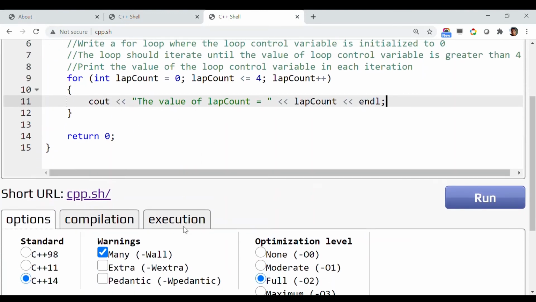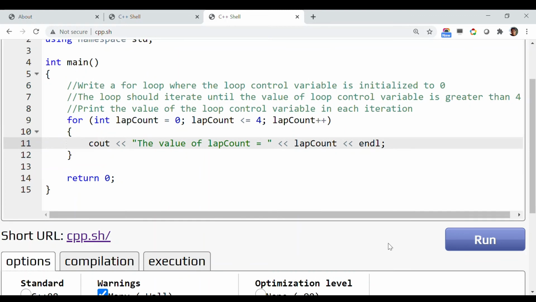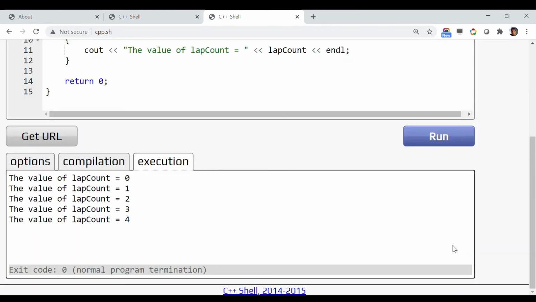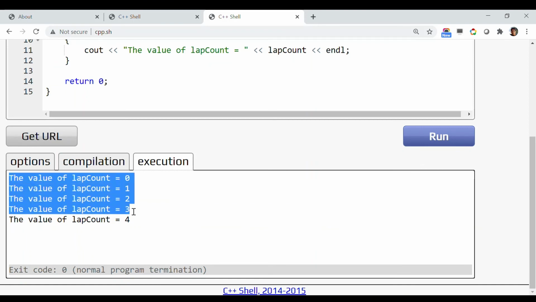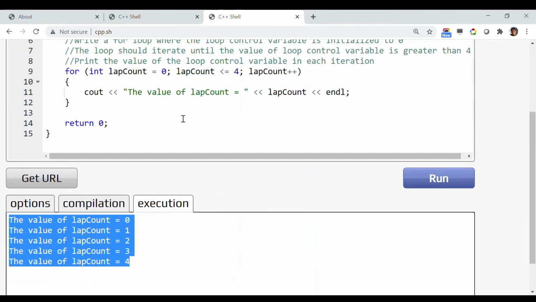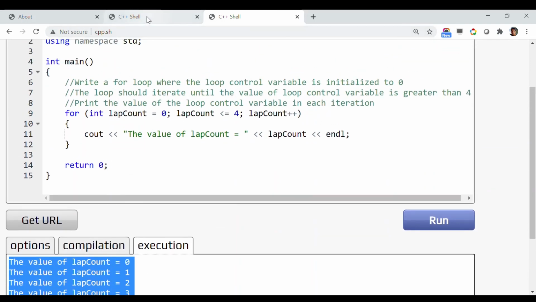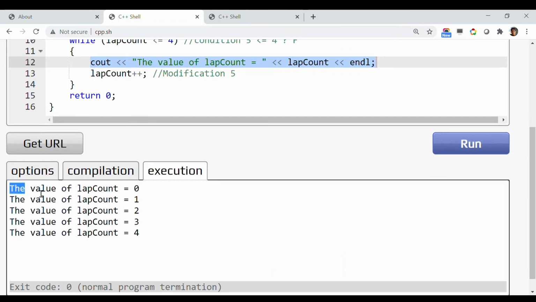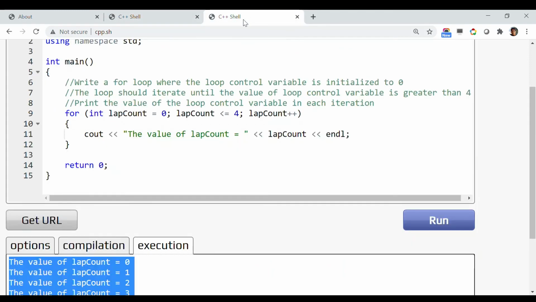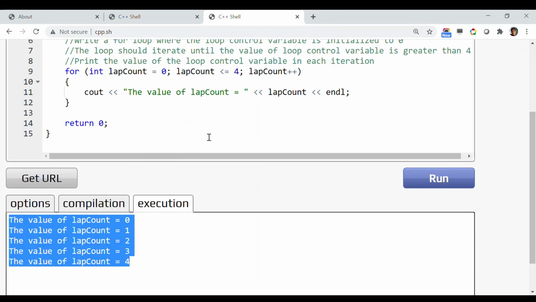So now if I just run this program, I will see that the output is same as the previous while loop, but now this time it is only a fewer lines of code compared to the while loop. So let me run this program, and as you can see, it is printing the loop count value every time in each iteration, just what it did in the while loop also. So same output, same result,